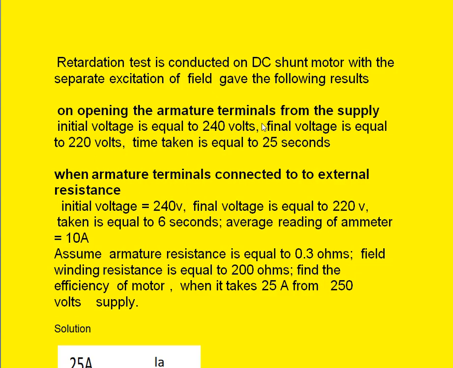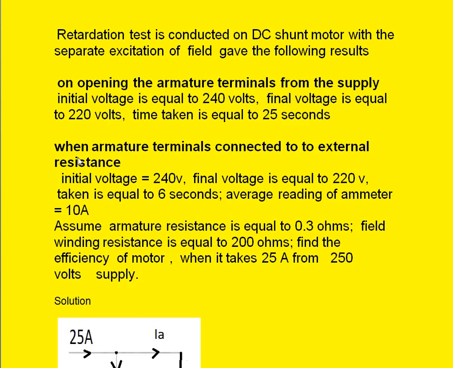Then we disconnect the supply to the armature. Then we take the stopwatch and we wait until the voltmeter shows 95% of the initial voltage applied to the motor armature. Then whatever time it takes to reach that 95% of the voltage applied at the beginning,